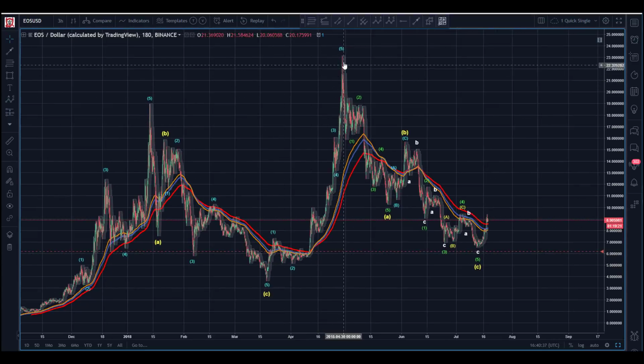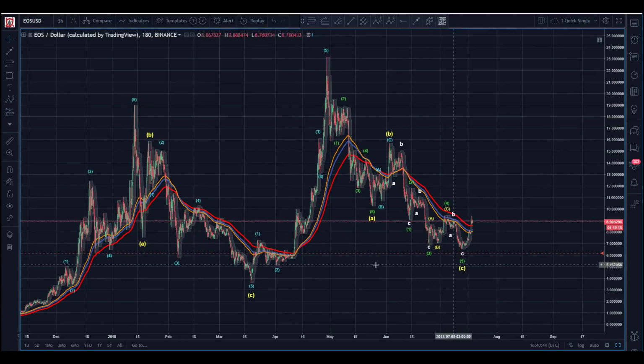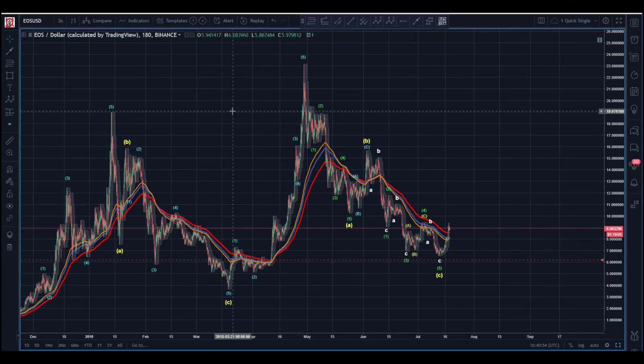What do we have here? We have an impulsive wave and a correction, but we've come so far down. I'm not going to measure this as a 1, 2 projecting up for a 1.6, 1.8. Now, that doesn't mean it couldn't happen, and I certainly could change my mind if this just starts to take off here.